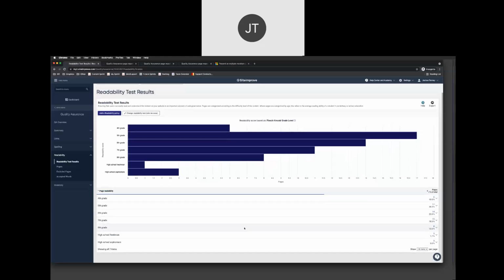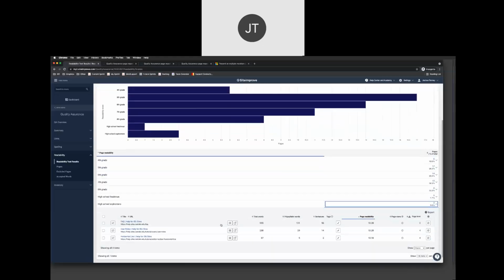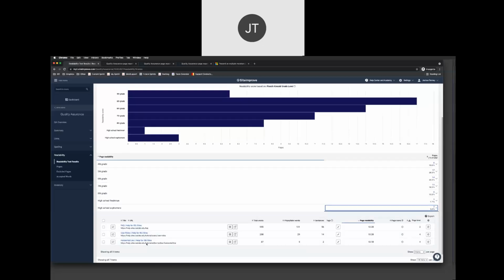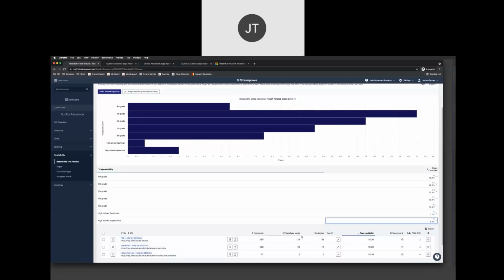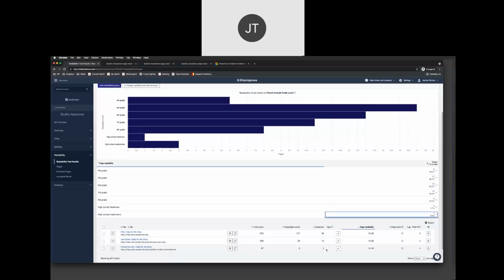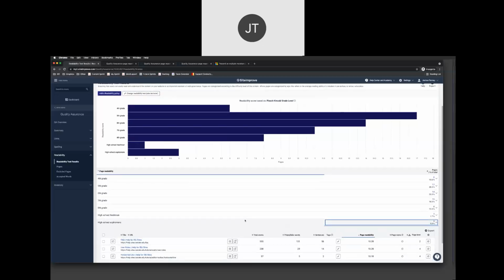And it's showing me I can look at those by grade level to see which ones are falling into those buckets. So if I want to see all of the ones at the top for high school sophomore, it's our FAQ, user roles, horizontal line, and it actually is showing me total words, how many polysyllabic words, so words with multiple syllables in it, are on that page, and how many sentences. So that's telling me a little bit how they came to this grade. And for example, this one has very few words on it, so I may not read into the grade there as much. But this probably isn't the best place to start making your way through fixing readability on your pages.